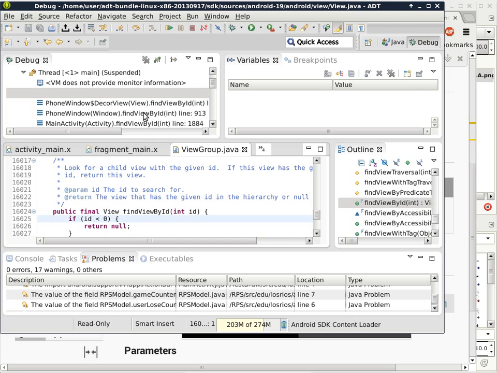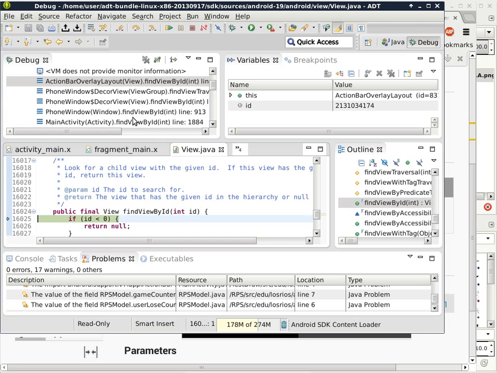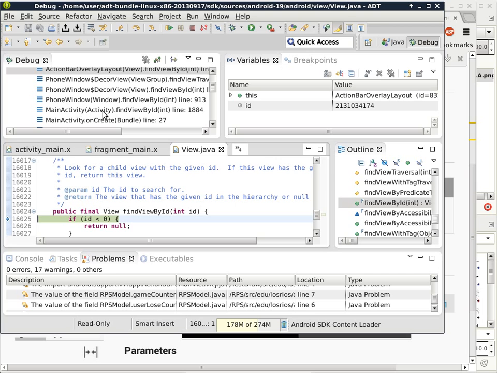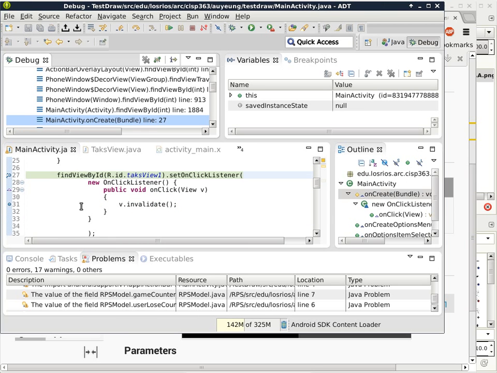And you can see how it's getting there, because my activity, my own class, calls findViewById, and then it goes to the parent class. Inside onCreate it calls findViewById, but it's actually using the superclass's method, which is the Activity class's own findViewById. So if I want to kind of fast track this, I can